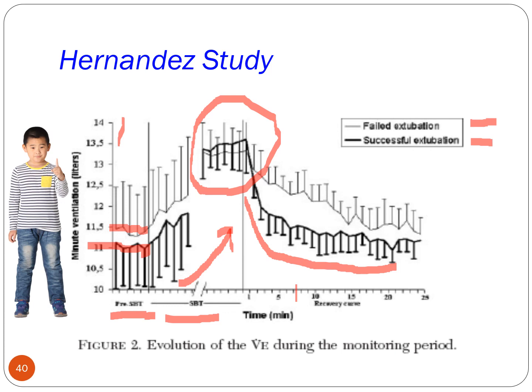The problem is the patients who don't do well, their minute ventilation, like this light gray area right here, stays high for a long period of time. If you try to extubate them, they're going to be the worst patients to extubate because they're going to require reintubation. So the trick is you look for the people who recover within 6 or 7 minutes. You know what I mean? You could even go up to 10 minutes. But you put the pressure support back, you let them recover, and if their minute ventilation comes back to baseline quickly, within 6-7 minutes, they are a successful extubation.